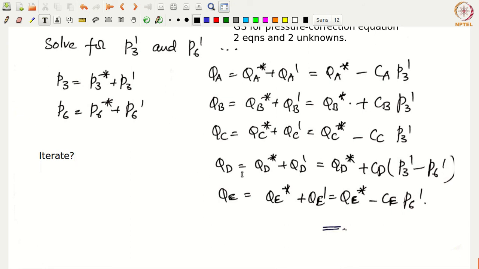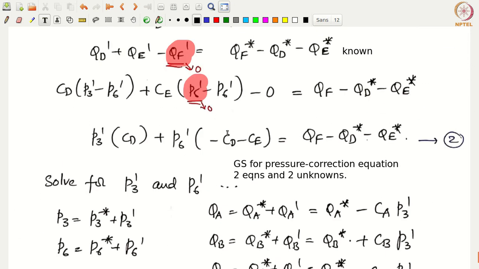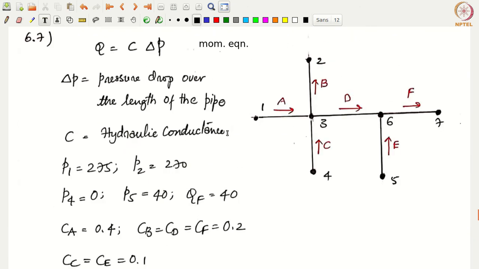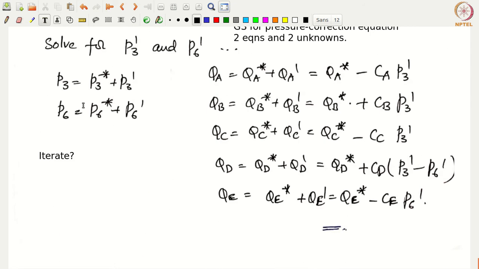At this point, our solution satisfies the flow rates, but what about the momentum equation? Is the momentum equation linear or not linear? The momentum equation is linear. That means we don't have to iterate, because it will converge in one iteration. The pressure corrections only affect the flow rate. So because this is linear, we don't need to iterate. It will just converge in one iteration. That we will see when we try to solve these problems using a code.